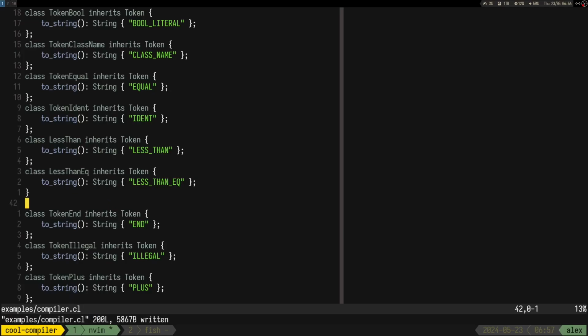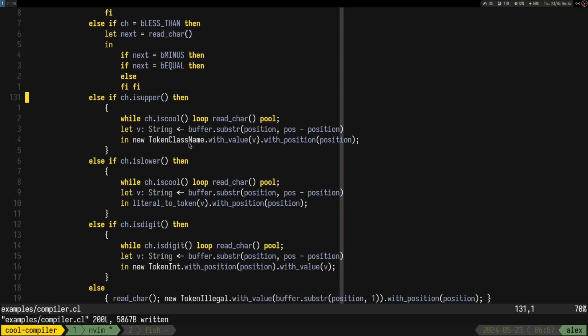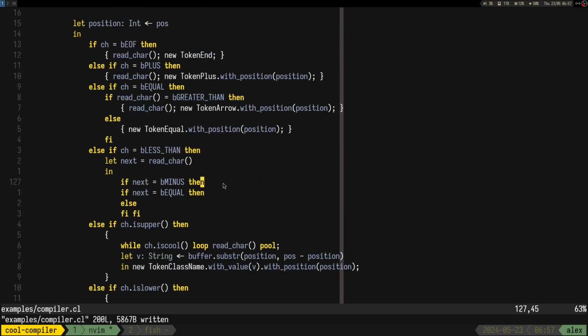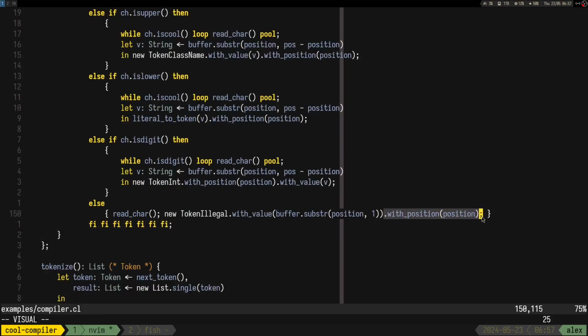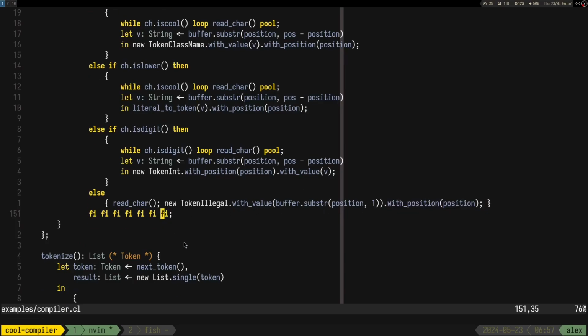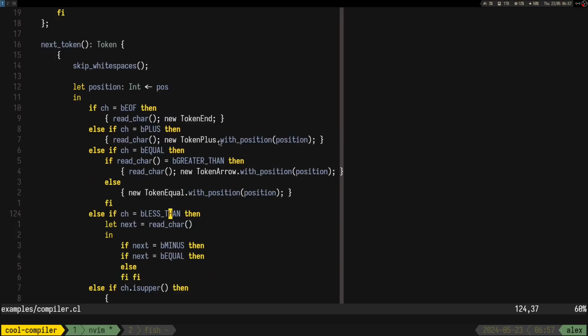Okay, so we have less than and less than EQ. And also have arrows. Okay, so here, you know what, I think it's a bit crazy, is that we could actually move with position at the end, and that would be it. We don't have to call with position again,